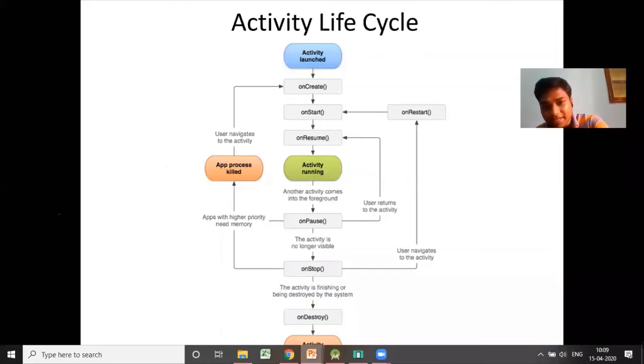First is on create, on start, on resume, that's 3. Then on pause, 4. On stop, 5. On destroy, 6. Or it may execute on restart also. That means total 7. So we need to implement all these 7 functions in our program.